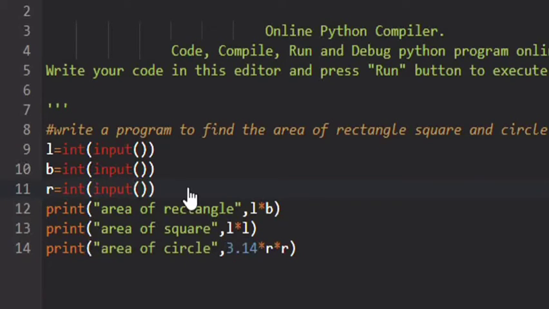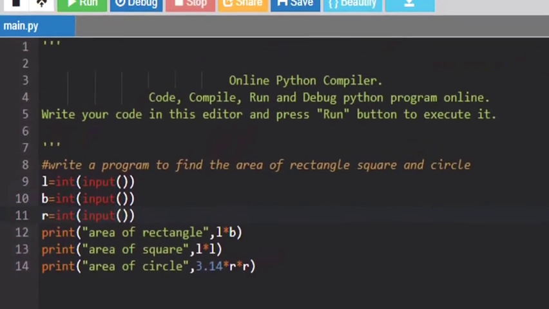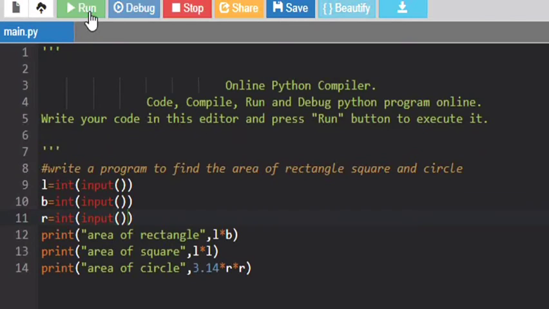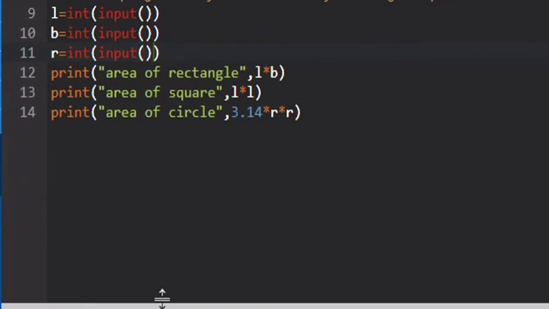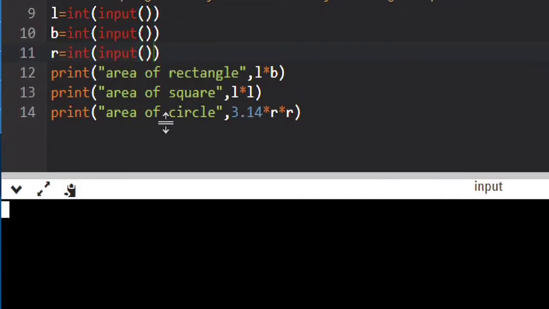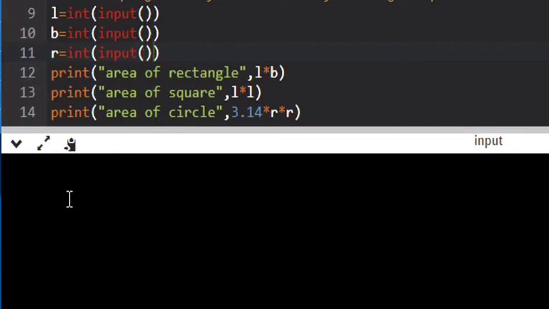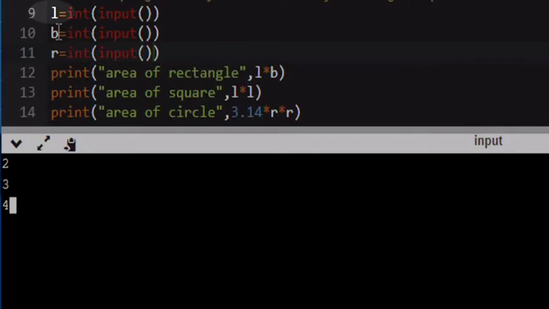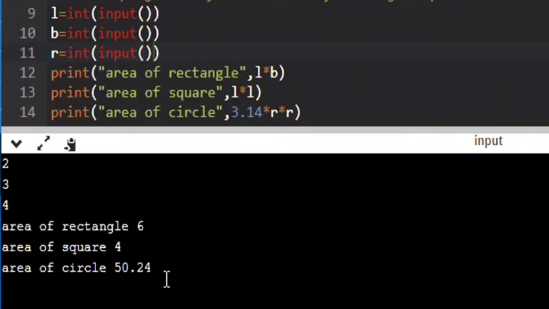So this is a simple program to calculate the area of 2D figures. Let's just run it. When you run it, this console appears here. Okay, so we are going to write our input as 2, enter, 3, enter and 4. This 2 is length, 3 is breadth and 4 is radius. So when I enter again, it will calculate and give me the answer as 6, 4 and 50.24, which is